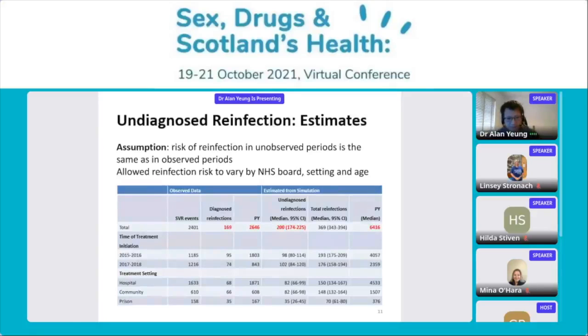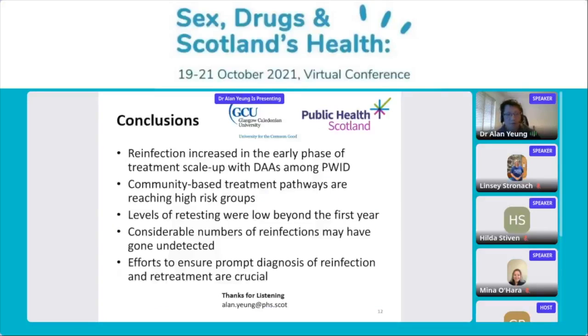So with that, the main conclusions are that reinfection rates did increase considerably in the early phase of treatment scale-up with DAAs among people who inject drugs in Scotland. Although this is a cause for concern, it does also show us that the community-based treatment pathways that they're using in places like Tayside are reaching these high-risk groups, and that's exactly what we need to do to